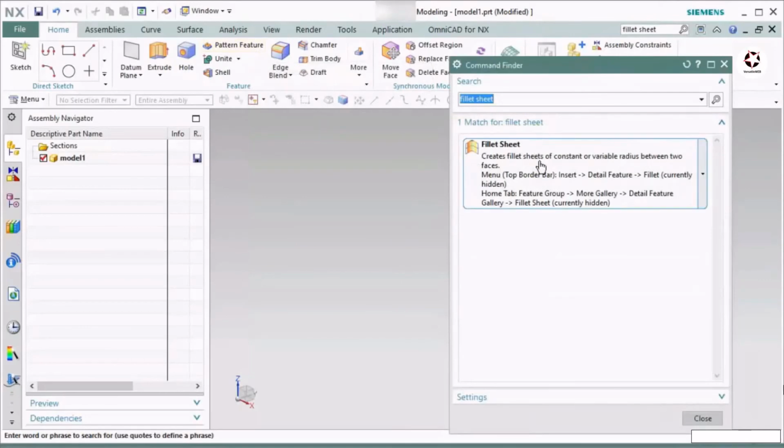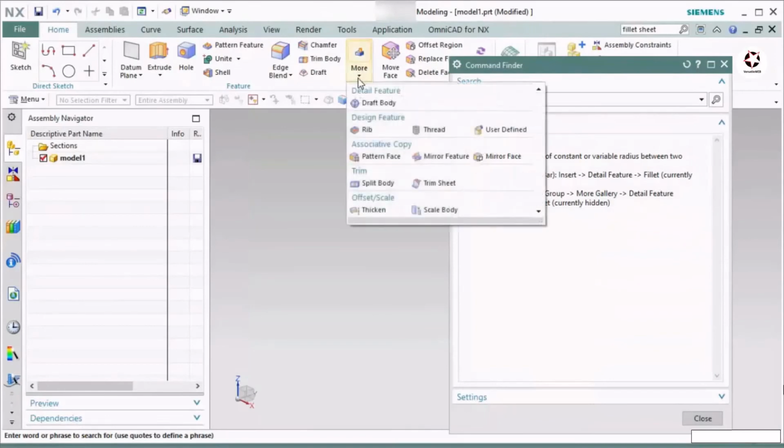This is not showing here because if you carefully read it, it will show you where that tool actually is. This is inside the home tab, then feature group, that means inside this group, then more gallery, that means here, then inside the more gallery, detail feature gallery, then fillet sheet, which inside the bracket it says is currently hidden.